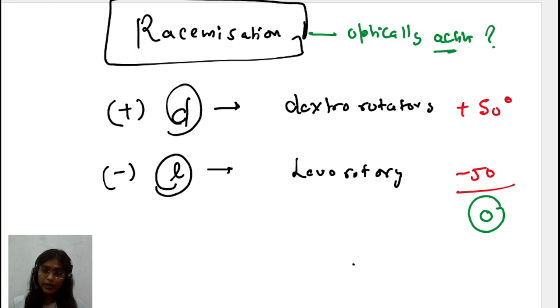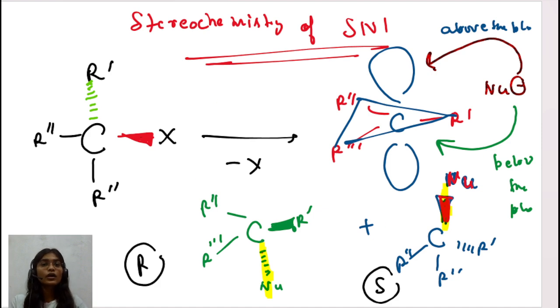Let me come back again: what is the meaning of racemization? What if this is 50 and 50? Plus R, minus R, clockwise and anti-clockwise are both combining and we get a racemic mixture. It is a very important point that in this case we are getting racemization. Next question, ma'am. Sometimes this kind of assertion-reason question is asked.